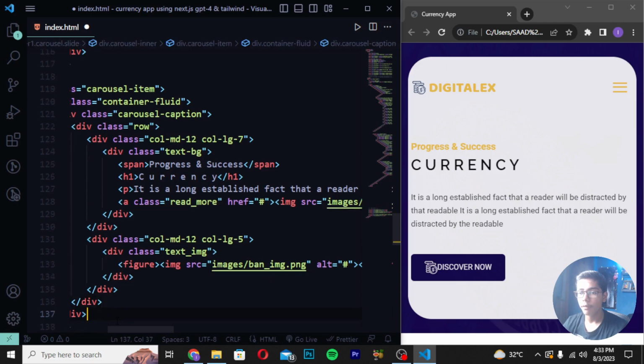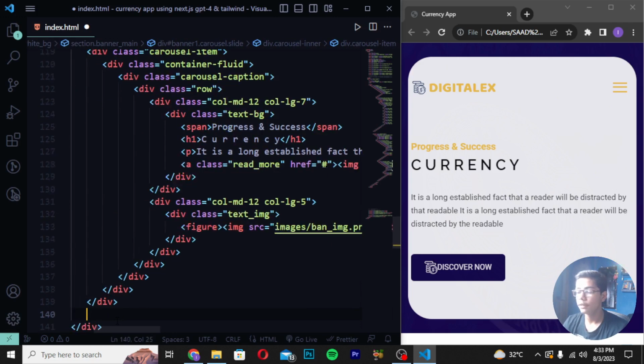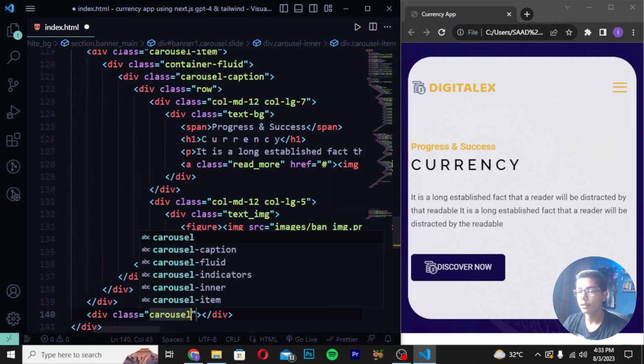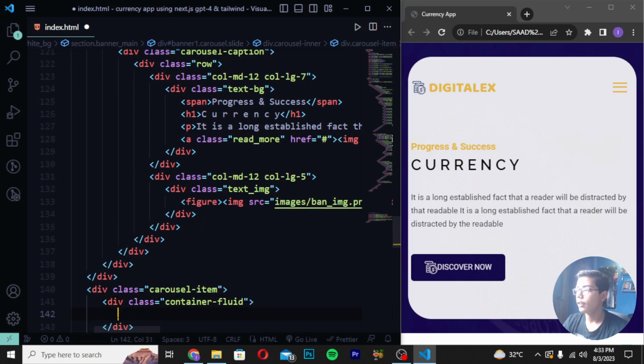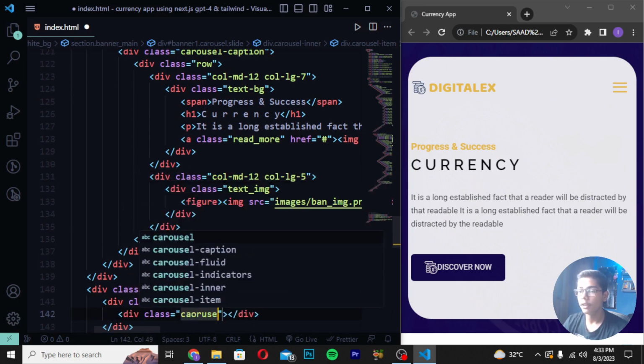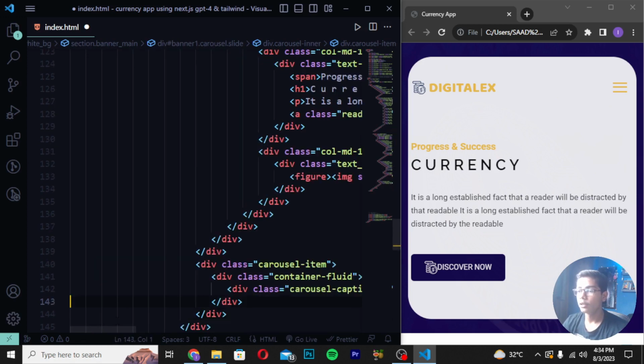You can see 3, 4, 5, 6. These are the 6 divs. Then I will be creating a div class carousel-item. Then you have to write here div class container-fluid. So here I will now write div class carousel-caption, and I will be doing one thing: